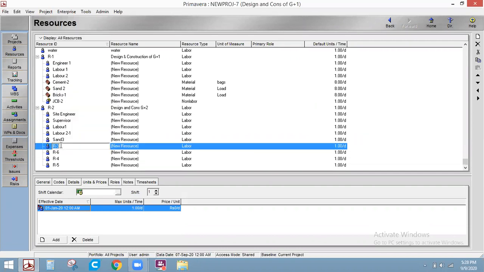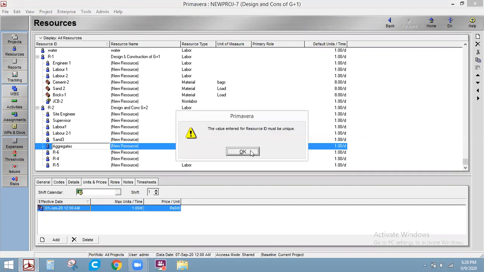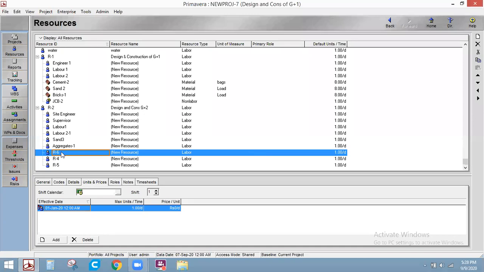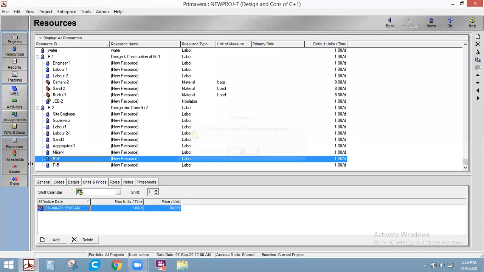Sand, aggregates, aggregate one. Then mixer, concrete mixer. Okay, to take the unique ID.